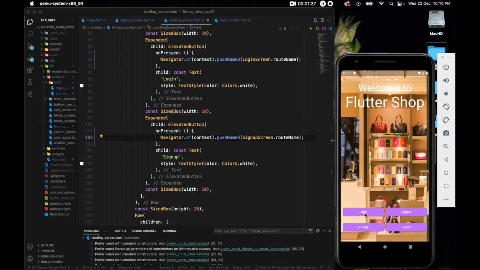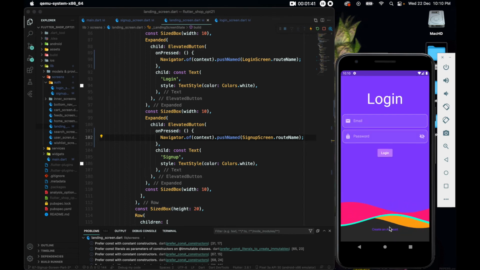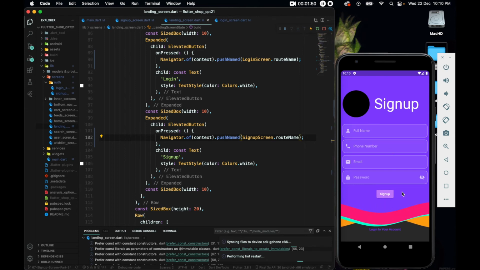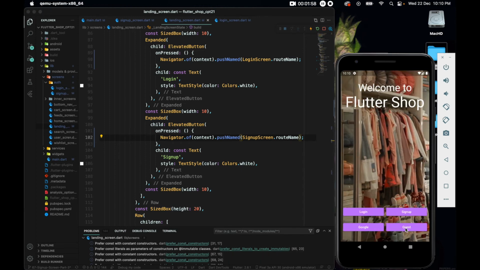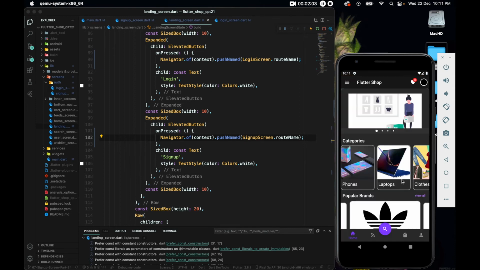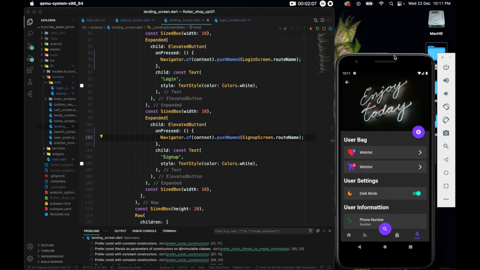Let's go to login. Alright, let's go to sign up. Nice. Now I'll also hit the go as guest method, so we can move into the main app, and here in the user section where we have this,